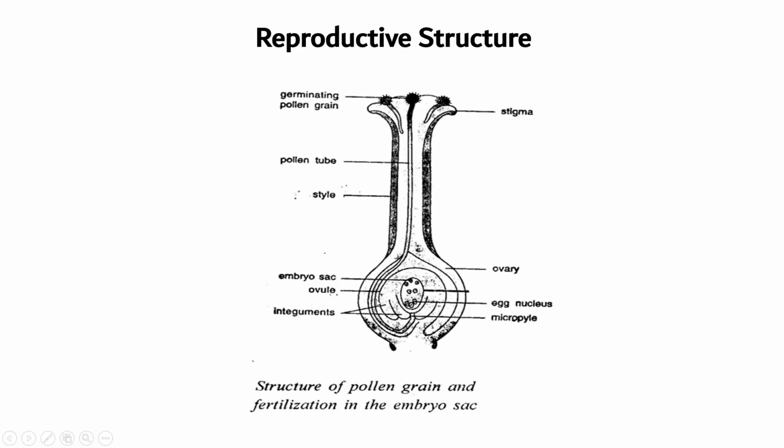There are the integuments, the ovary wall, and the long elongated portion called the style, which is useful during germination of the pollen grains. Now in the diagram, these pollen grains germinate and start their development. That is the development of the pollen tube, and that pollen tube enters through the micropyle for pollination. Germination of pollen grain. This is the stigma, this is the style, and this one is the ovary.